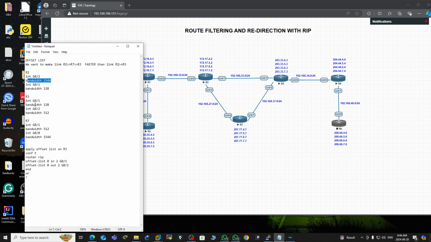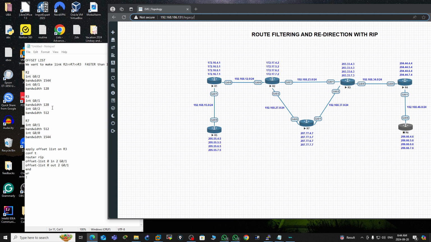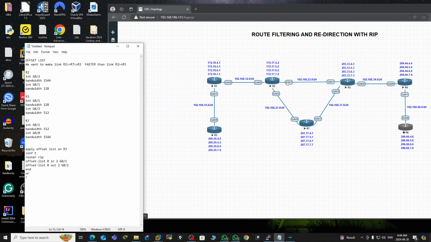On R3, the bandwidth I gave on R2 for G0/1, I have to match it on the other side. Whatever bandwidth you give here, you also have to match the same bandwidth on the other end. So if it's 1544,